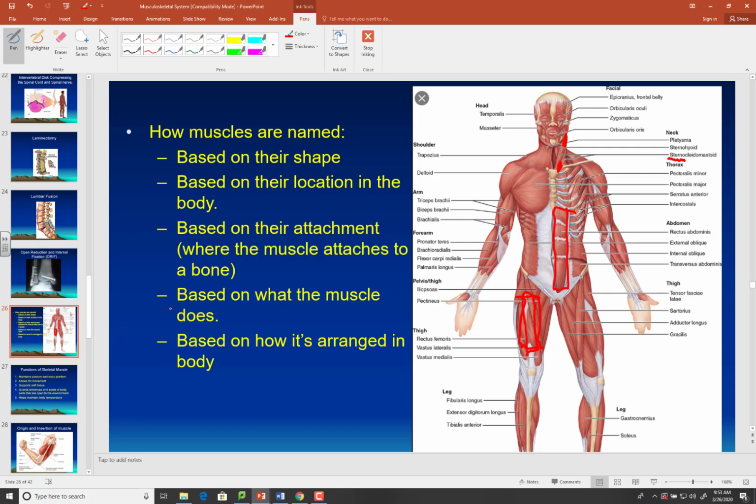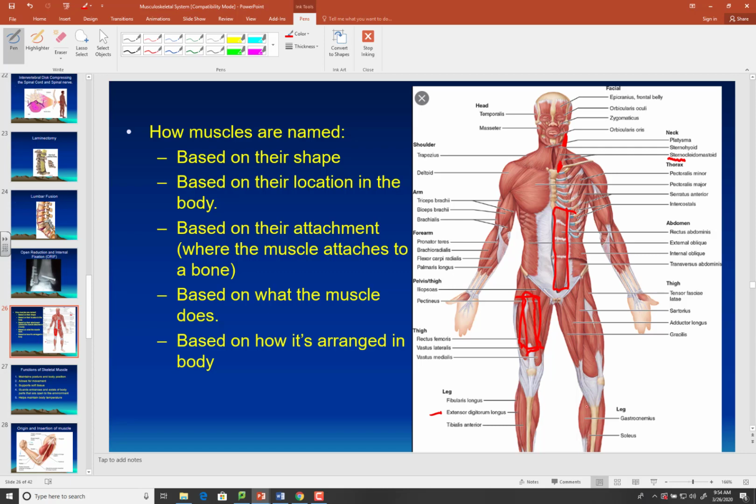And then it's also based on what the muscle does. So if it is an extensor or a flexor, right? And many times the muscle is named based on its relationship to other muscles in the area. So here we go. The extensor digitorum longus. It tells you what it does. Digit, the toes, right? Extensor, it extends the toes, and it's one of the longer muscles in the lower leg,